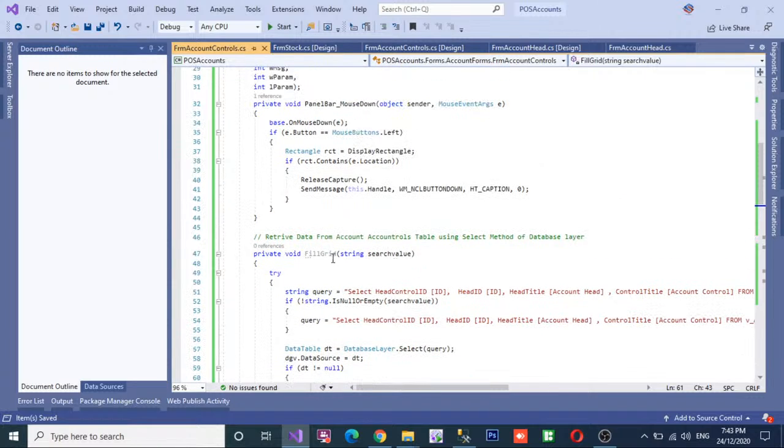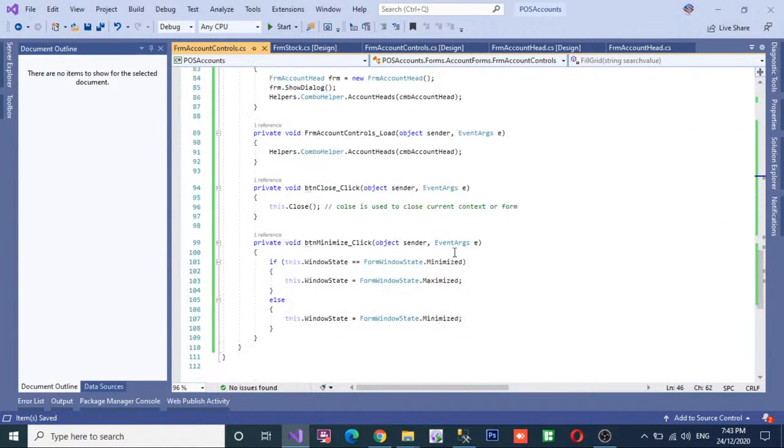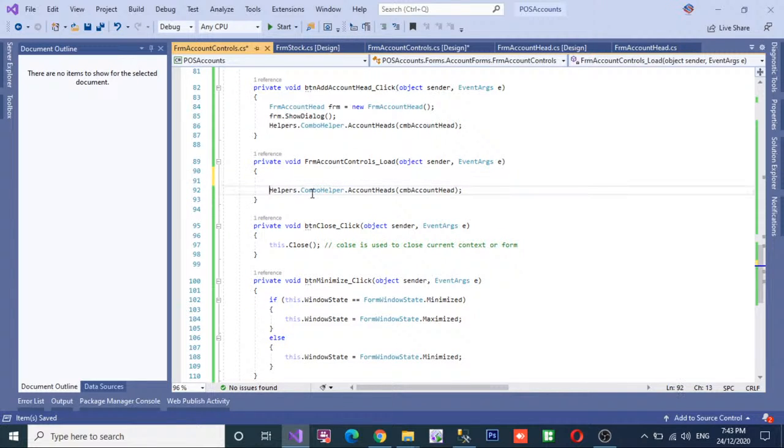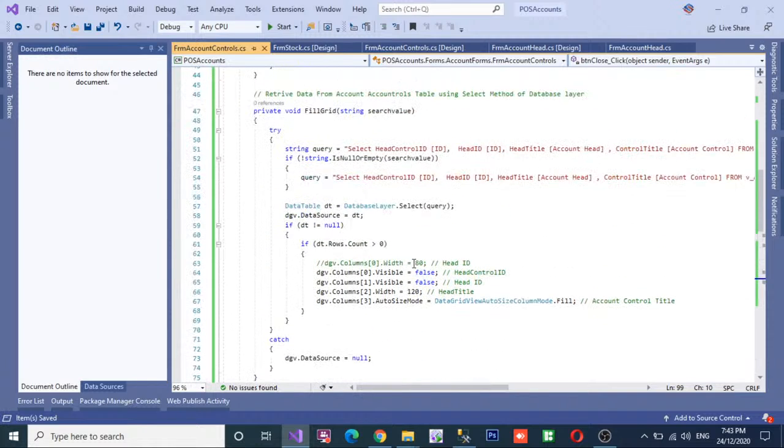So now copy the fill grid method name and paste it on the load of the form, which is this. Pass the string dot empty and save. Okay, and then go to the blog